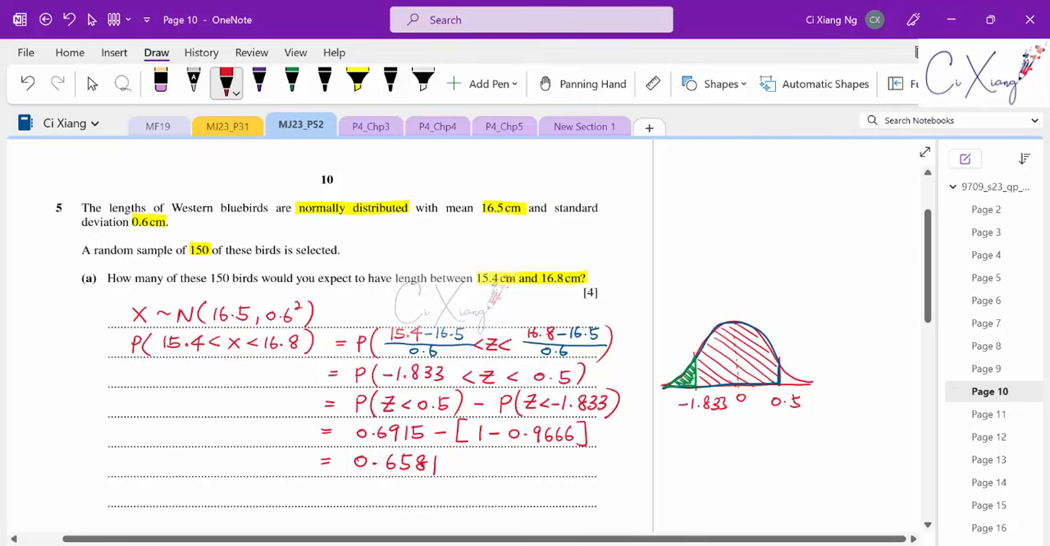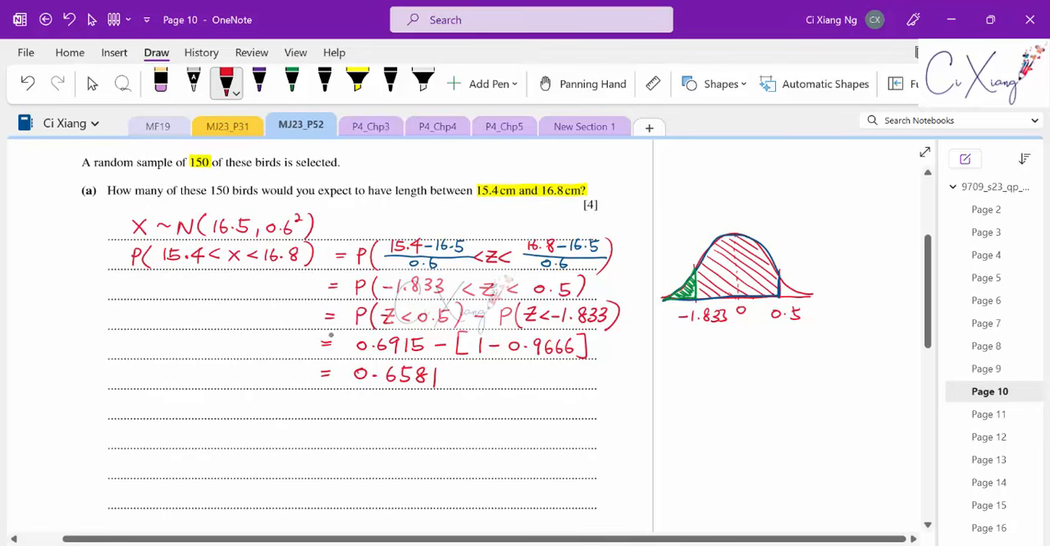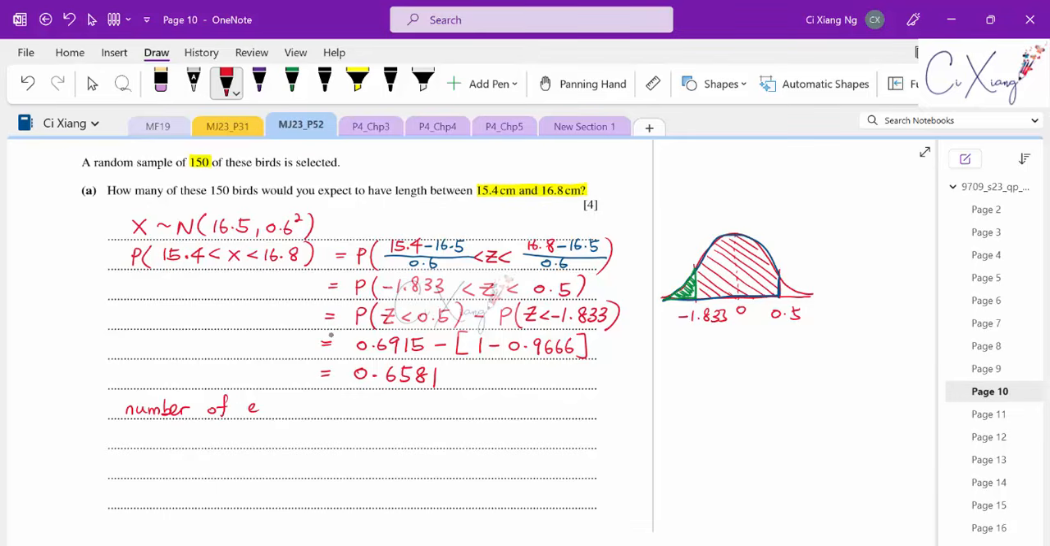Okay, so after I found the probability that the length of the bird is between these two values, now I want to calculate the expected number. Okay, how many number of the birds are having this length, right? So I'm having 150 birds in total. So to calculate the number of expected birds, I need to take the probability multiplied with 150. So the expected birds will be equals to 150 multiplied with 0.6581. Then I'm having this one,